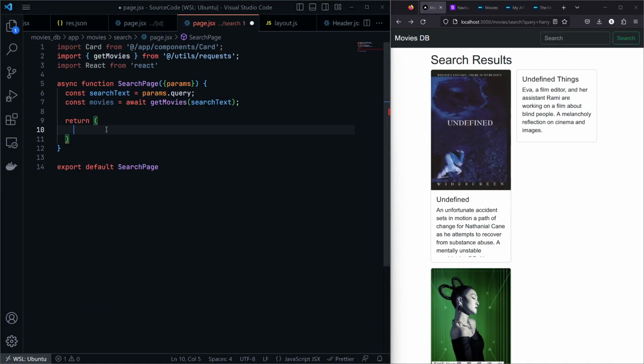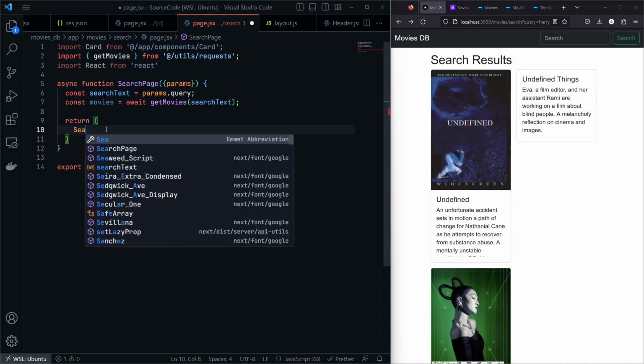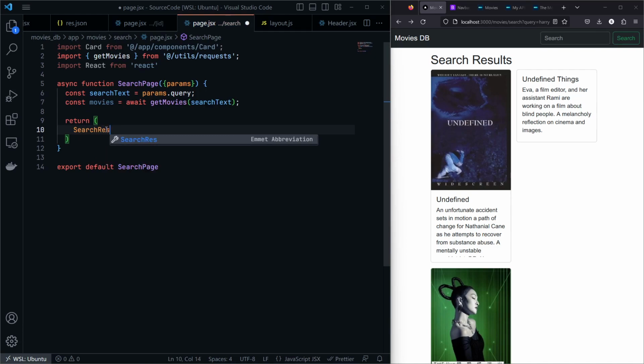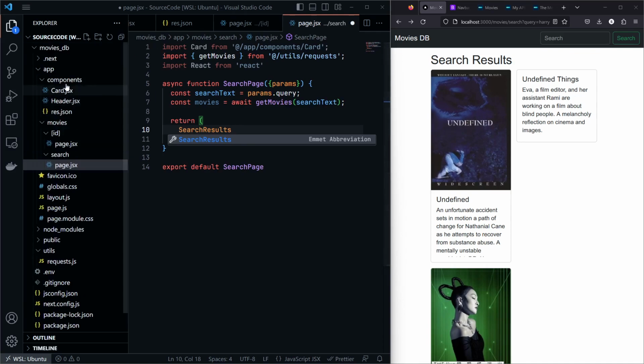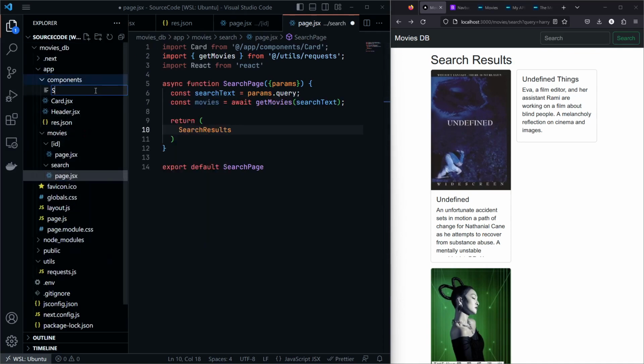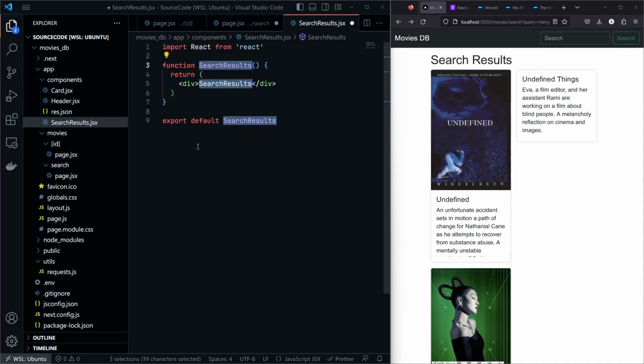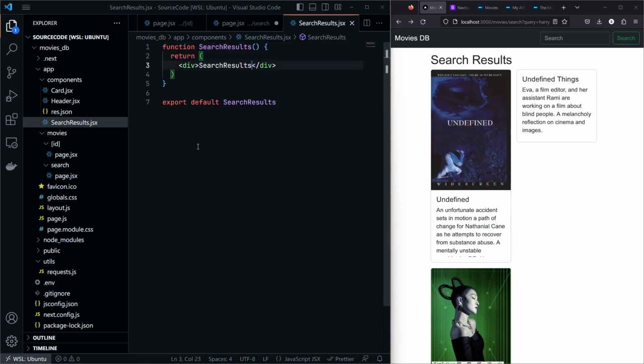So here we will create a new component and let's name it search results. Inside components, create a component called search results dot jsx, and here rfc, save,